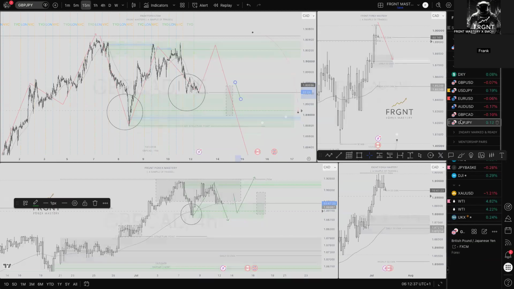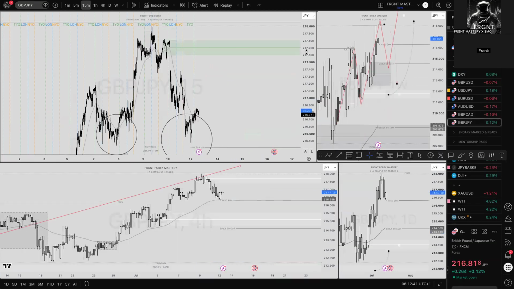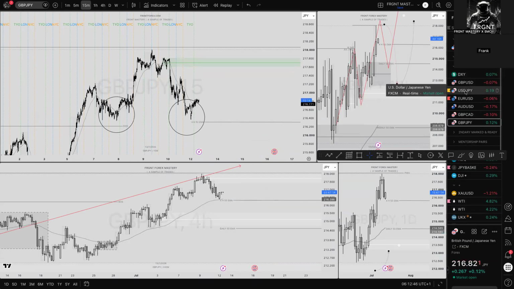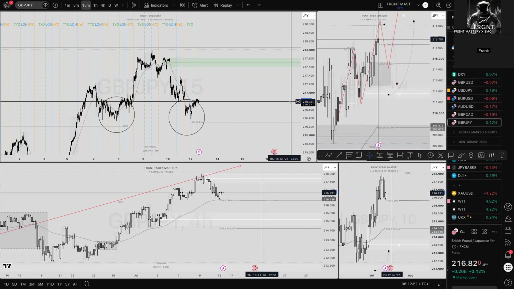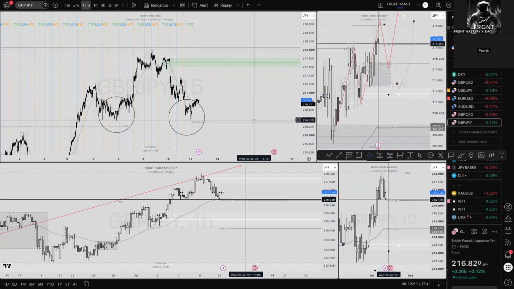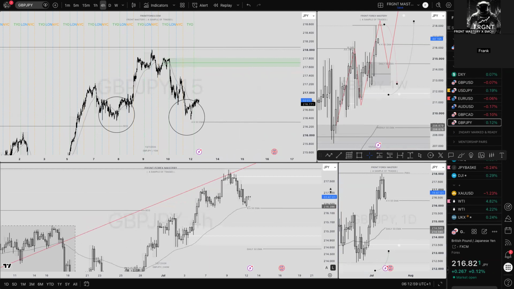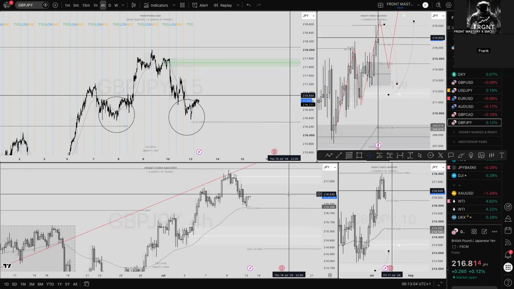And that's exactly the same on GJ. I don't even think I've marked GJ up for that reason again. My primary pairs, as you guys know, are GU, EU, AU, and UCAD. So when those pairs are performing, I see no reason really to speculate on other pairs. So I hope that's sufficient for you guys. If you do have pairs that you want me to go over, it's my pleasure to mark a pair up. It won't take me more than 5 minutes. But for me personally, for the day, I think that's more than enough to be looking to invest upon.